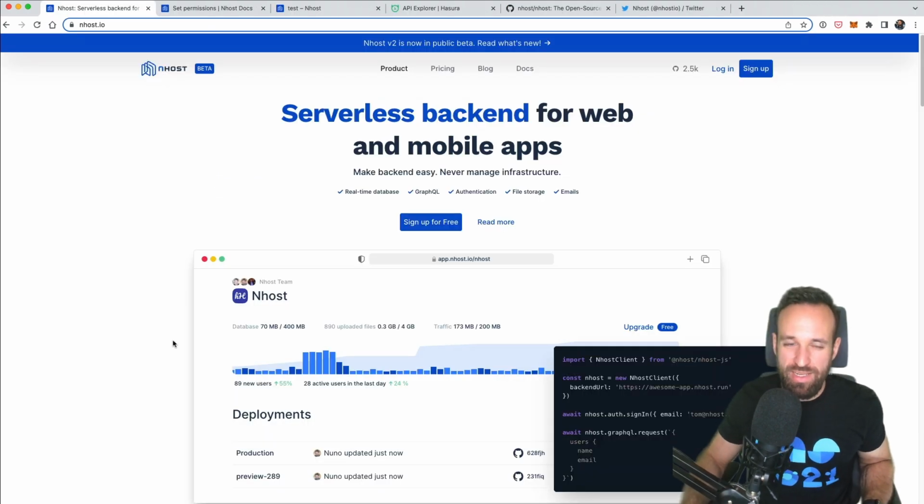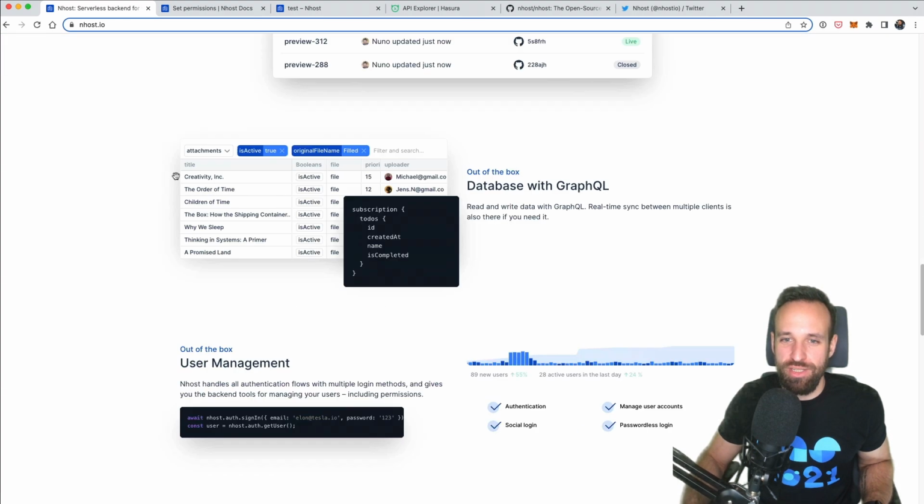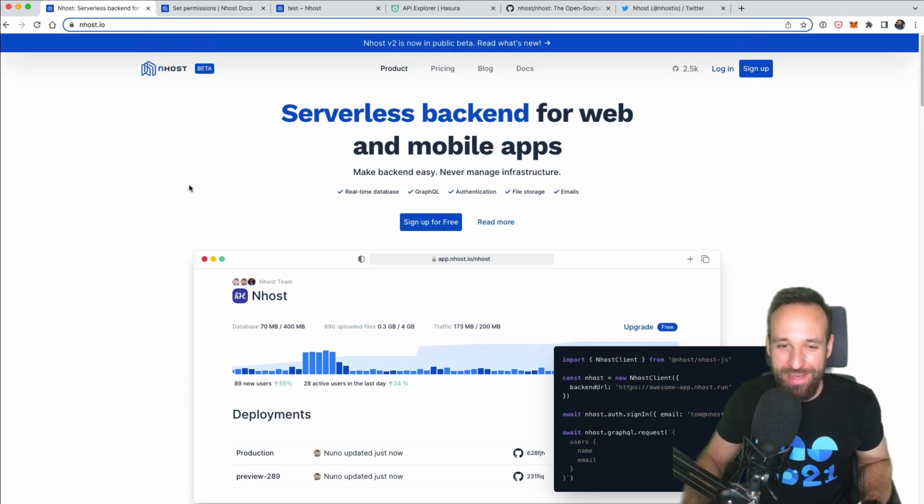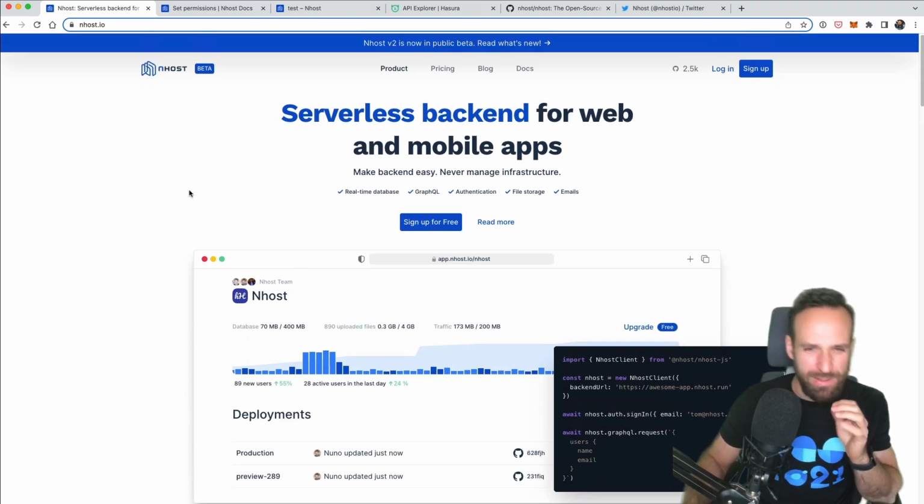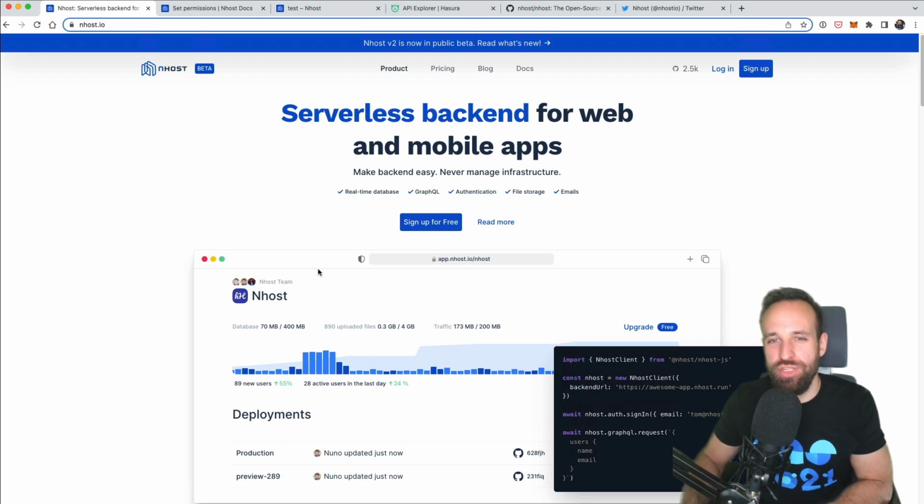One additional backend that I wanted to present to you is Nhost. I actually don't know how you pronounce this, but I saw Nhost recently because they also got 3 million seed funding, and because that initial page here actually looks pretty amazing. They take a slightly different approach with a focus on GraphQL and the technologies used.